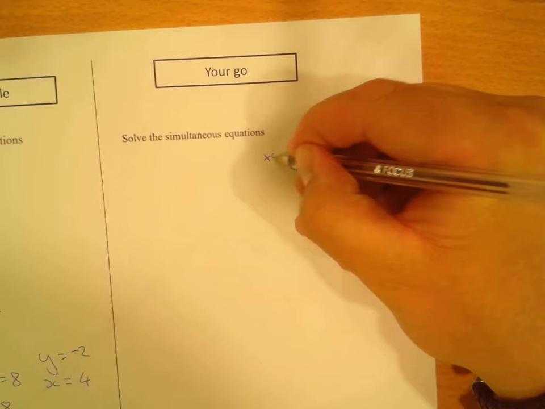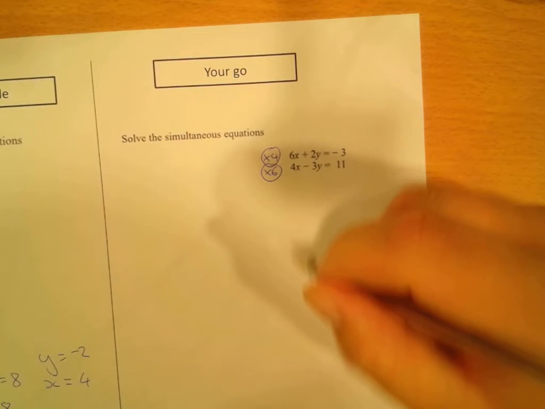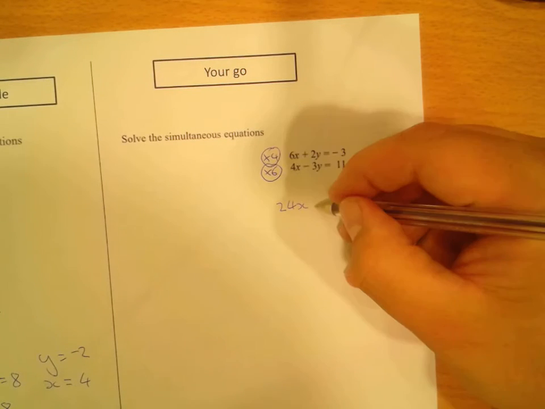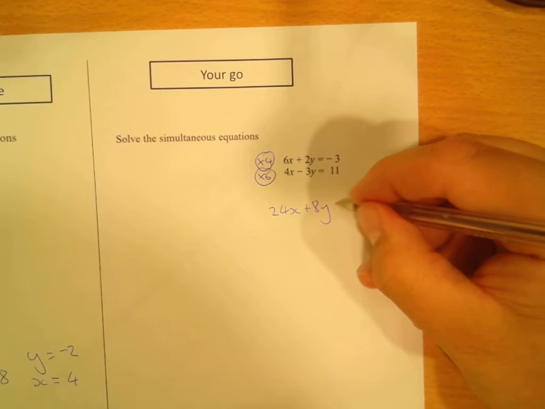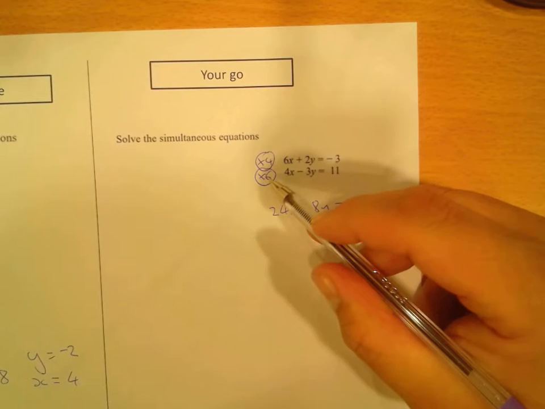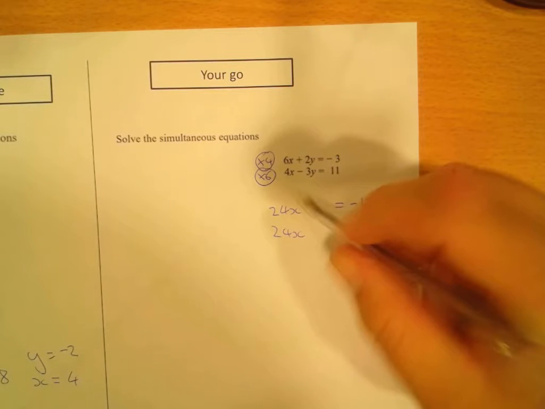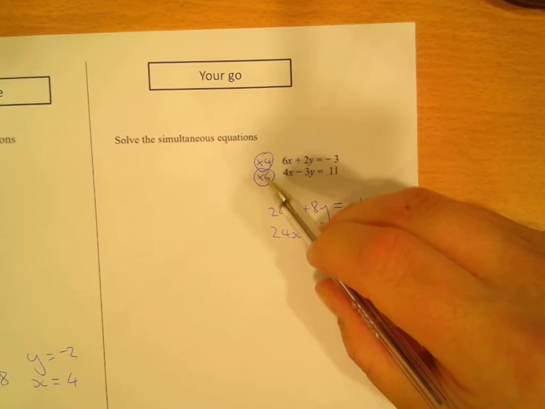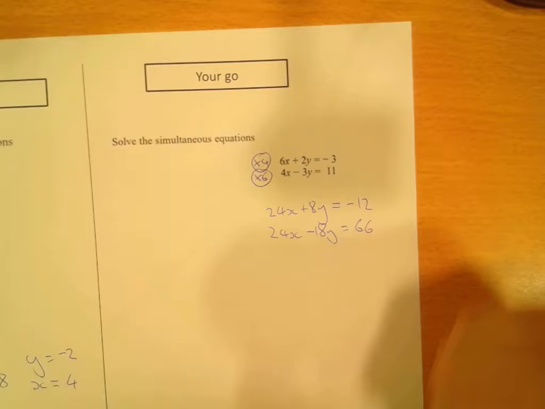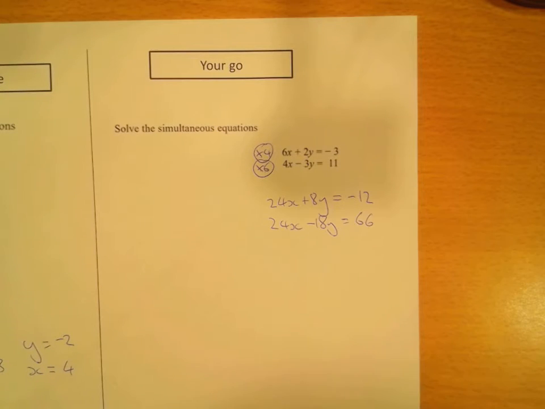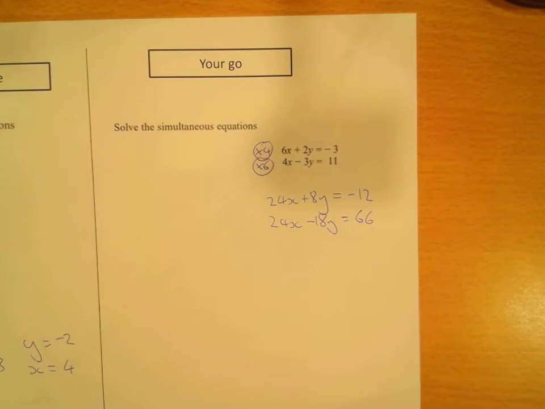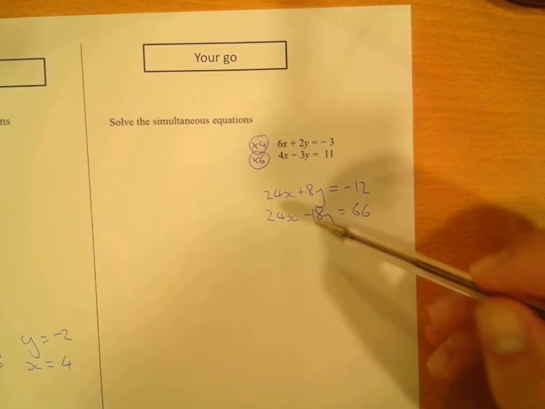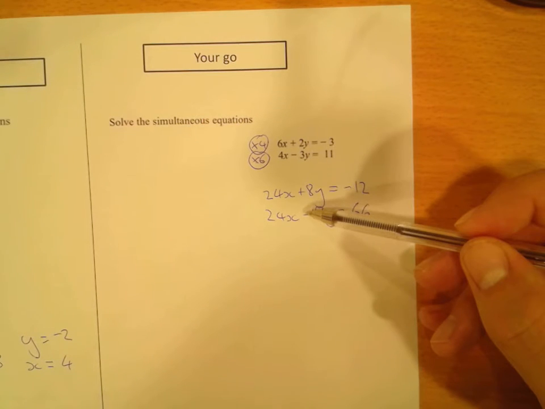So 4 times 6 is going to be 24x, 4 times 2 is going to be 8y, 4 times minus 3 is going to be minus 12. 6 times 4x is going to be 24x, 6 times minus 3 is going to be minus 18y, and 6 times 11 is going to be 66. So, now I'm going to take one away from the other. I can't avoid the negatives for this one, but I think I'm going to go for this one, take away this one. So 24, take away 24 is no x's. 8y minus 18. Remember, it's taken away a negative, behaves like it's been added. So 8 plus 18 is going to be